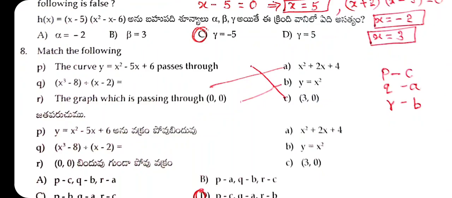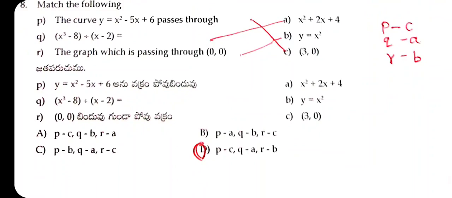Match the following. So here also clearly you observe the graph which is passing through 0 comma 0. So if you substitute x as 0, then y is also 0. So R is B, and if you divide a polynomial with another polynomial, then you will get a polynomial. So option A. So Q is A, and automatically P is C, because they are asking about a point. So without doing much, this problem can be done. So the answer is PCQARB. So PCQARB means that is D.